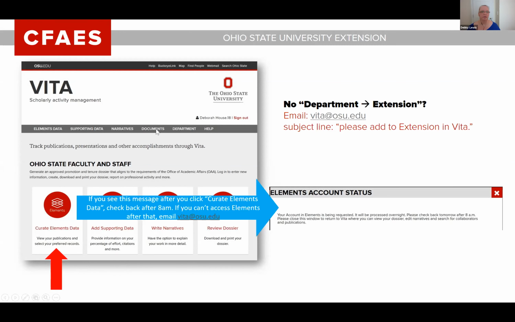If up here you do not see this department link in this gray navigation bar that goes across the top here, then you need to send an email to vita@osu.edu and ask them to add you to the Department of Extension. And just put this in the subject line, please add to extension in Vita, and then they will do that